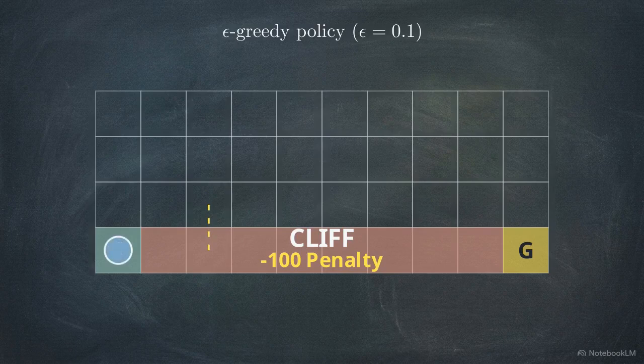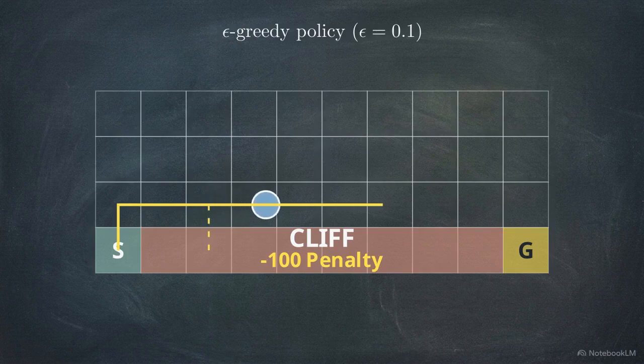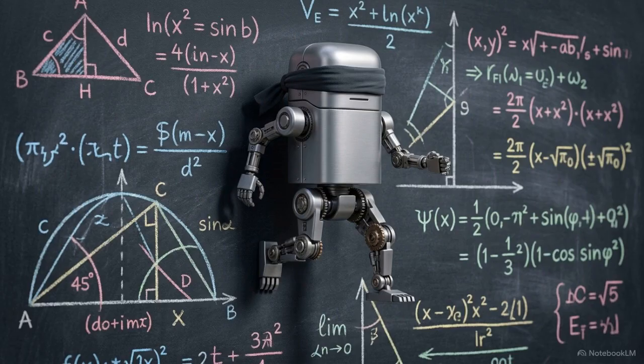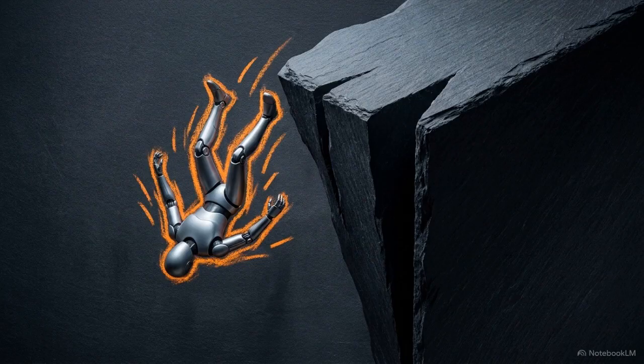explore. The Q-Learning agent charts a course directly along the edge of the cliff. Because it evaluates only the theoretical optimal future, it calculates the shortest path possible. But its off-policy nature creates a blind spot. It ignores its own random exploration, meaning those occasional random steps cause it to plunge off the cliff repeatedly during